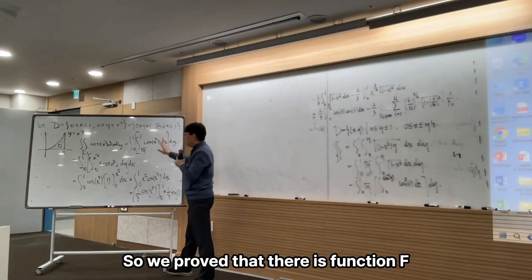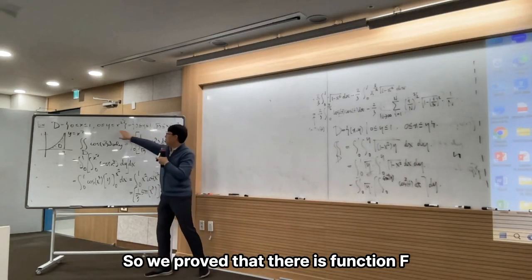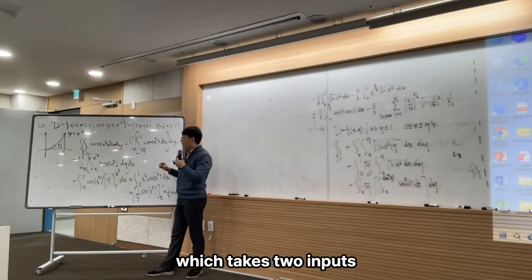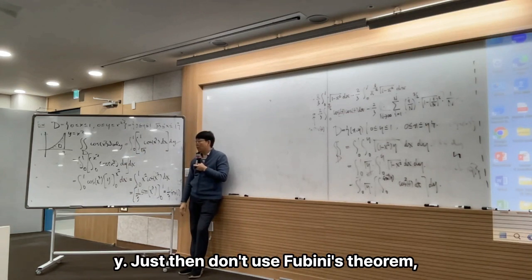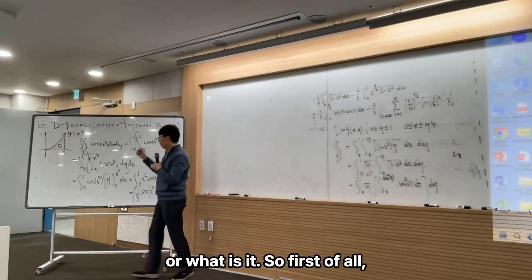Before I give you another trick, you may ask me this question. Suppose that you have two different expressions and two different ways of applying Fubini's theorem. What if both ways don't work? Well, then just don't use Fubini's theorem. Just go for the definition of the original double integral. So first of all,